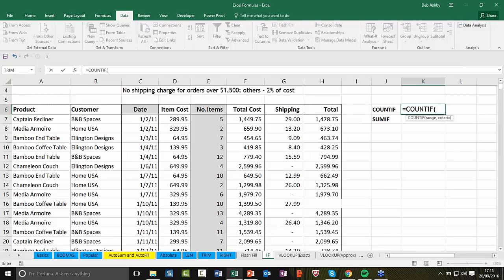So I'm just going to do it on a section of this data. So we're going to say COUNTIF, and then we're going to specify the range. So I'm just going to select F7 to F15. So I'm going to say, when you look in this range of data, F7 to F15, only count the cells which are greater than 1500. Okay, so now that I've got my range in there,